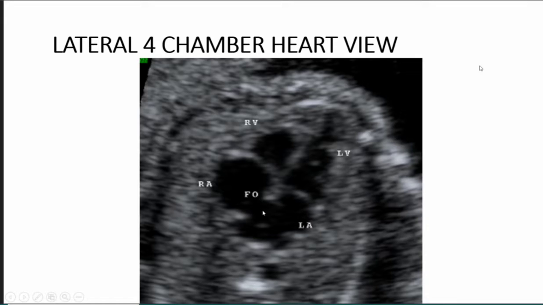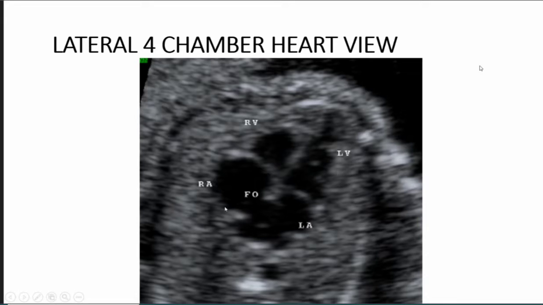For that, we should have done our homework in terms of the lie of the fetus, and we have decided that this is the left side of the fetus. After we label the left side of the fetus, look at what are the chambers on the left and what are the chambers on the right. Do not label the left-sided chambers as left ventricle and left atrium, and do not label the right-sided chambers as right ventricle and right atrium. We have to make sure that it is right ventricle and right atrium, not by the position in relation to the fetal body, but by the anatomical continuity and their structure.